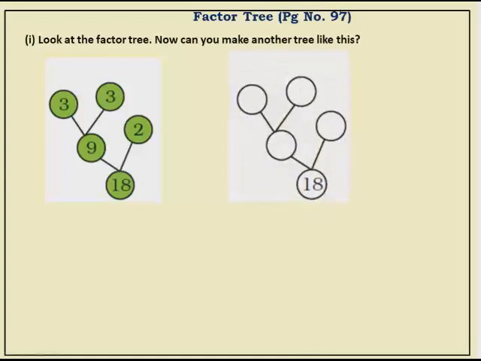Similarly we have to do the factor tree for 18 with some other numbers. So one concept they have given 9 and 2. So next what we can get? 6 and 3, because 6 3s are 18. So factors of 18 are 6 and 3. Now for 6 what we can do? 2 and 3 or 1 and 6, anything we can do.